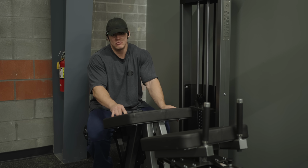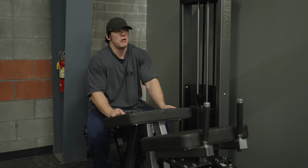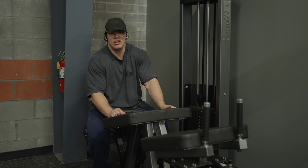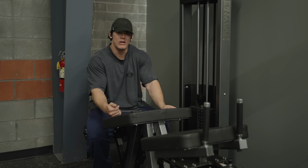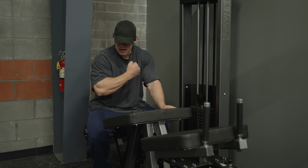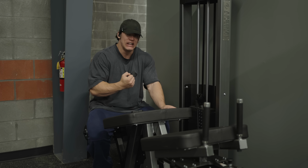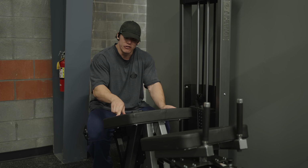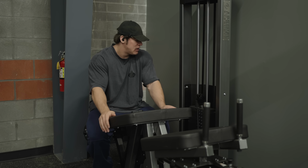Quick contraction. I think slow reps beyond a certain point, I don't really see the benefit. But for the hold, I really want to hold and squeeze, even though I can't move my leg any further up in the rep. I still want to feel like I'm trying to pull extra for that full second. And then a slow eccentric down to completely straight legs,